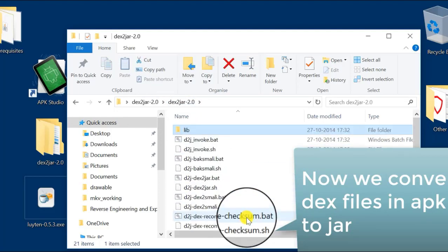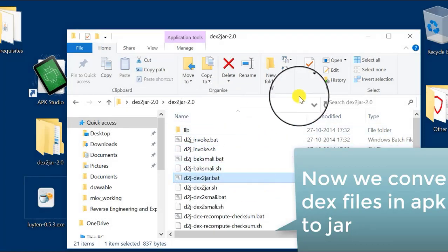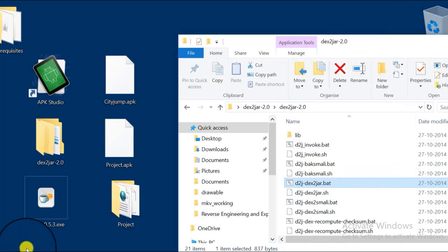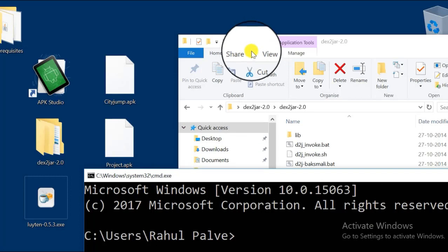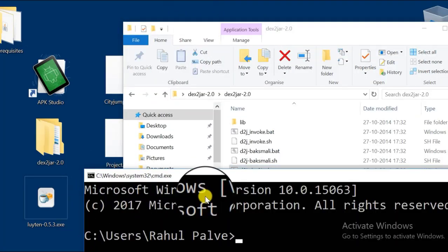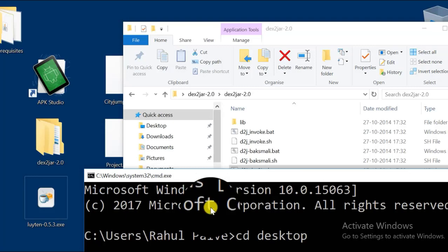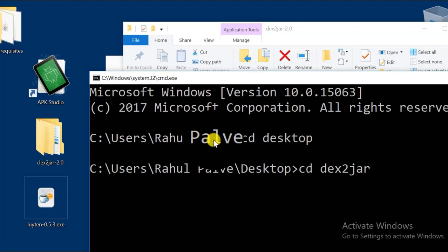Go to the dex2jar folder, hit Windows plus R to get Run, enter CMD and hit enter. Now let's change our path. To do that, type cd desktop. So now our directory is changed to desktop.